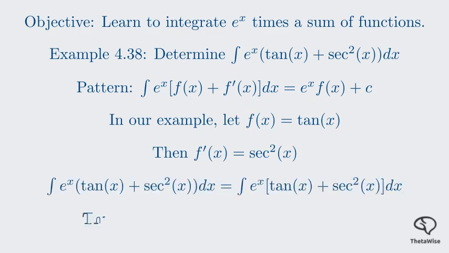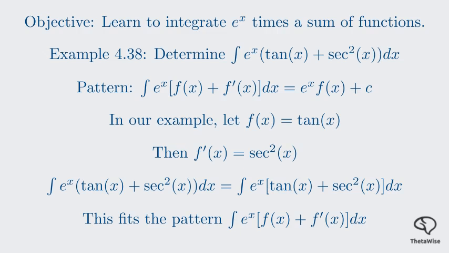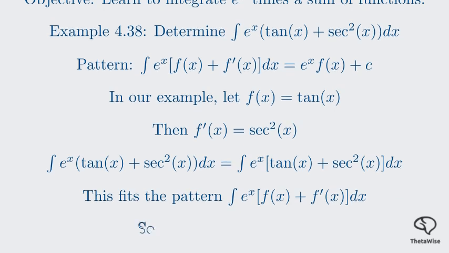So our integral is indeed in the form of e to the x times the function tan x plus its derivative secant squared of x. It's a perfect match. Therefore, the solution is immediately e to the x times tan of x, plus our constant of integration. See, that's a much faster way to solve it than the integration by parts method suggested by the textbook. But just to prove this works, let's quickly show how the integration by parts method would lead to this